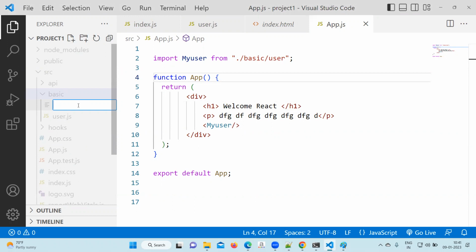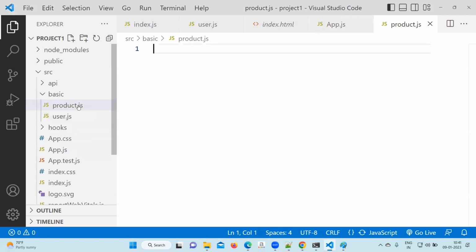Give it the name product.js. Under the product.js file,